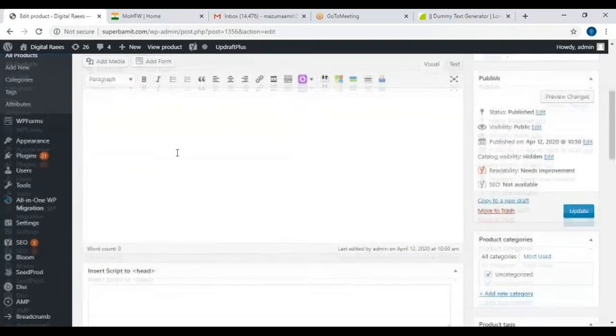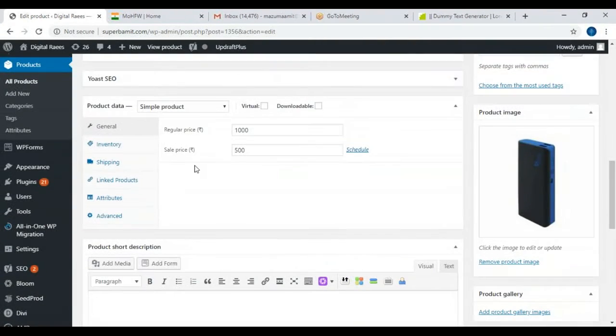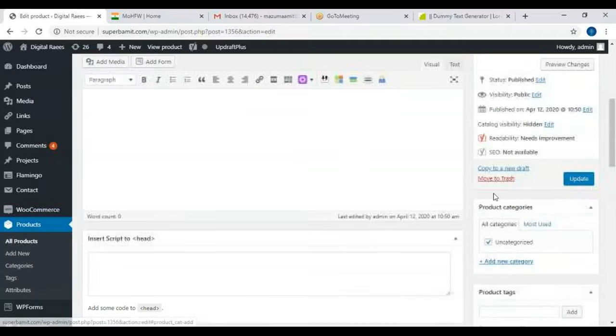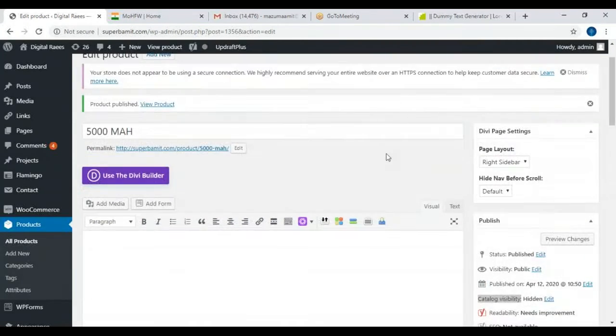Then we have to give the pricing, and the inventory, and catalog visibility for this particular simple product has to be hidden. Catalog visibility is going to come from here on the right hand side. So now everyone create simple products with catalog visibility as hidden.